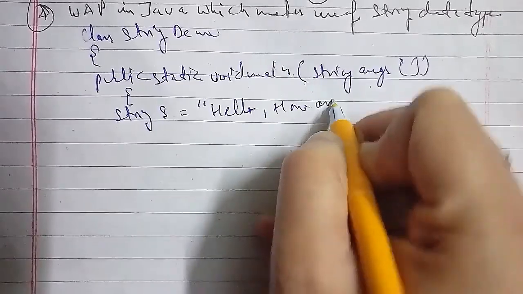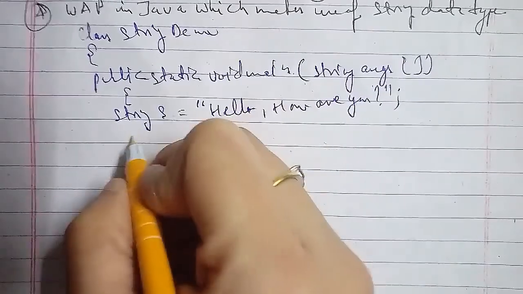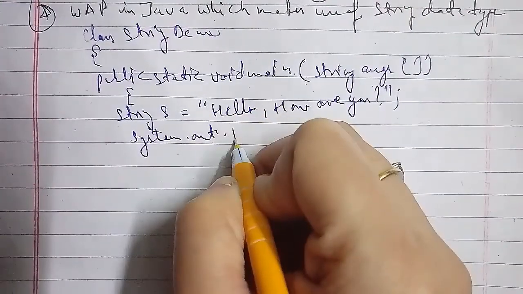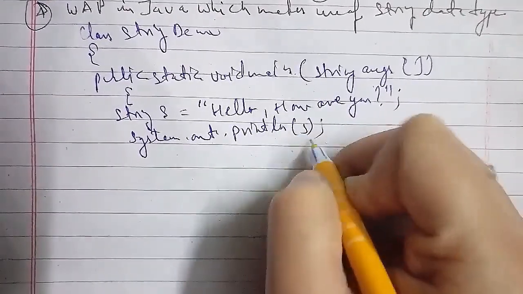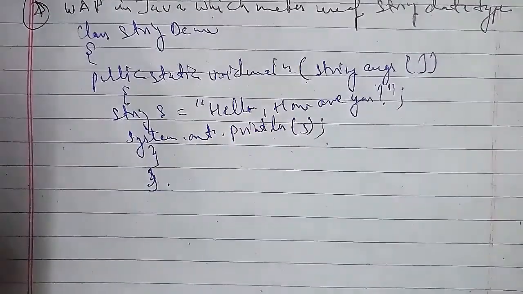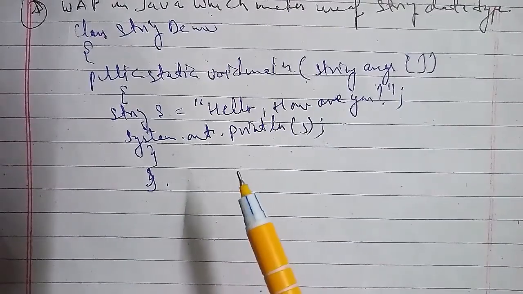Now we'll do another one, that is describe any 5 commonly used methods of the string class. In this regard, we'll discuss the method and the description. The method is s1.charAt, that is the position. The description is it returns the character present at the index position. And s1.compareTo(s2): if s1 is less than s2 then it returns negative, if s1 is greater than s2 then it returns positive, and if s1 is equal to s2 then it returns 0.